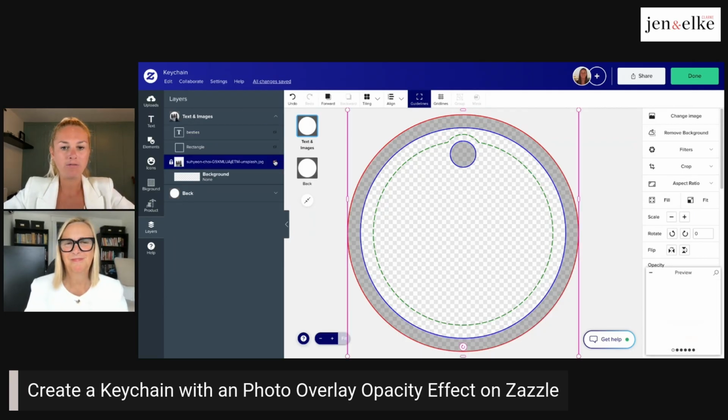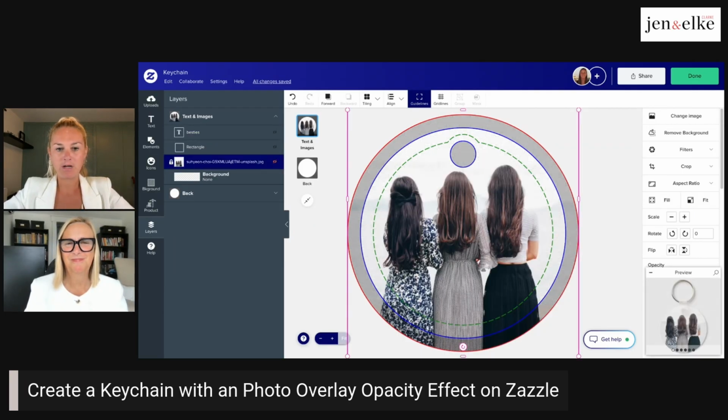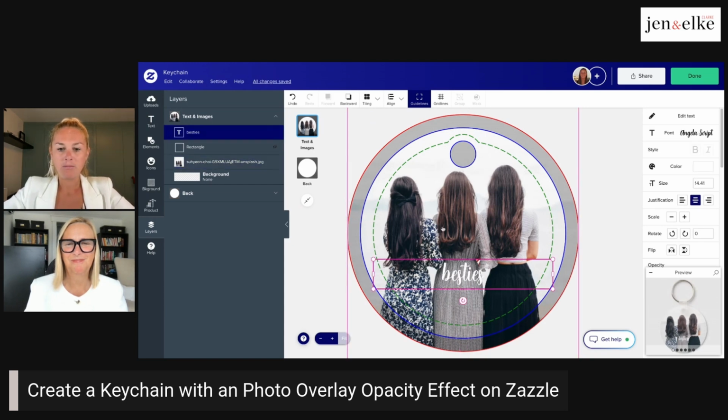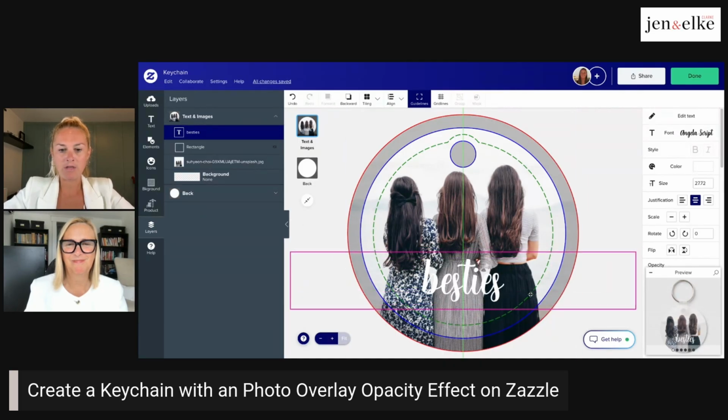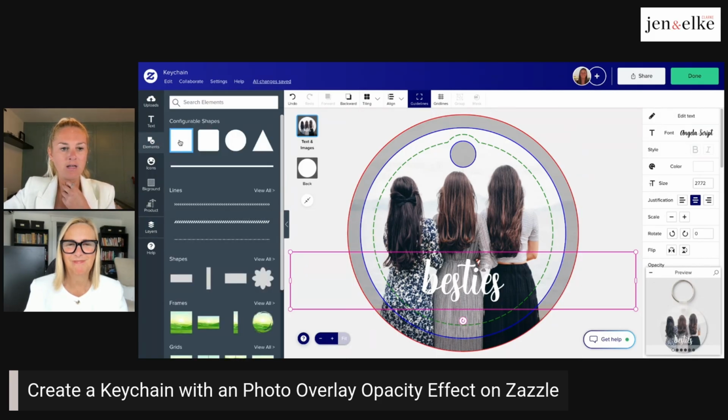So let's say you have a photo, and I've uploaded a photo of 3 friends here, and I want to put the words besties on top, but I can't really see this word here because of what they are wearing and also the type of photo. I mean, you can kind of see it, but it's not really the greatest visual aspect of it. So what I have uploaded is an element. So I've clicked on a square. You can do it with any element and also any photo,